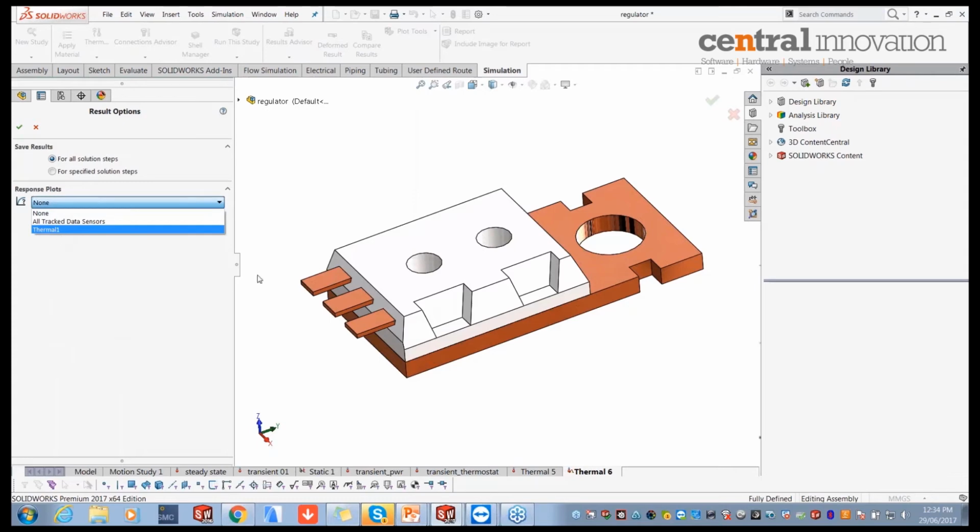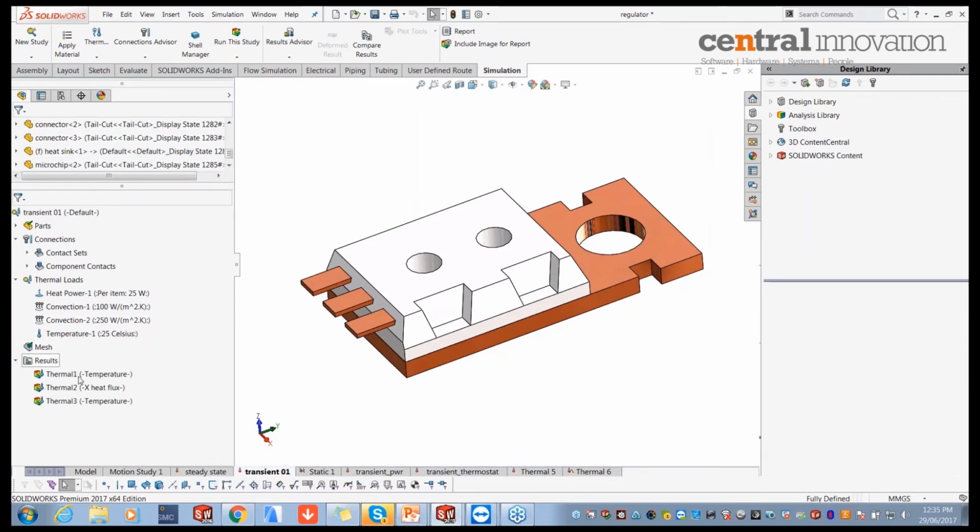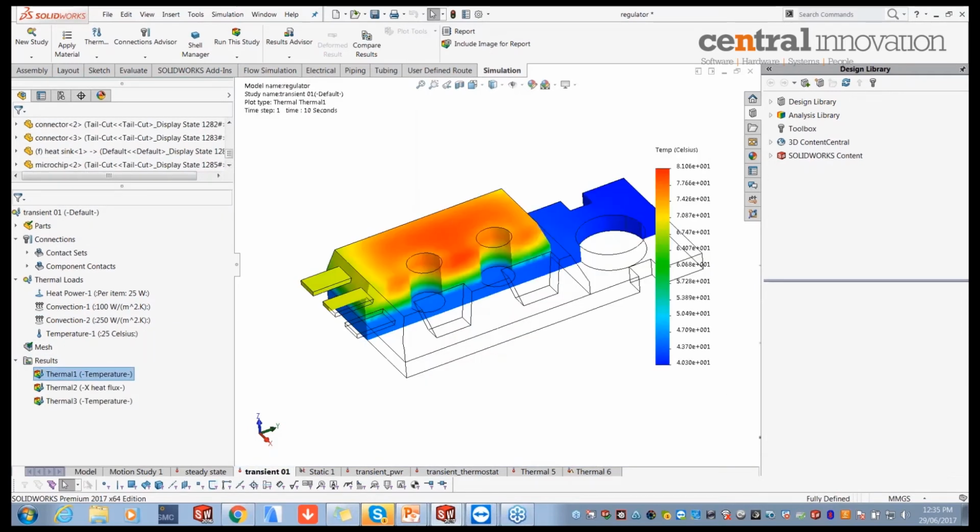So make sure under result options you select your data sensor and specify that you want to record results for all solution steps onto that sensor point. Right, so let's see how that works when I go back to my transient analysis. So this is identical to what you have defined there, and here the result you get is same as before,